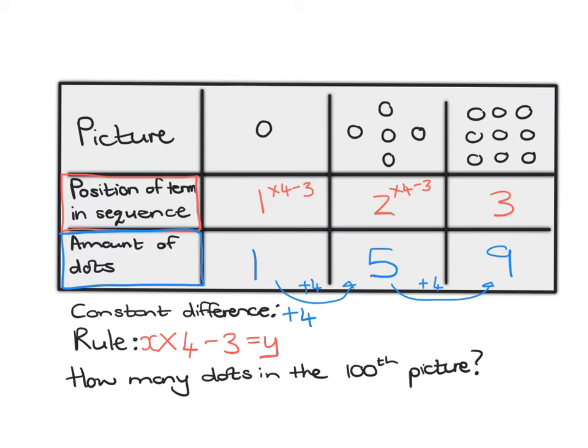Now that I have the rule, I can answer this question at the end, which says how many dots in the 100th one. So all I need to do to answer this is I need to say, okay, 100 times, because I'm asking for the 100th position, times 4 minus 3. What will that be? It will be 400 minus 3, which gives me